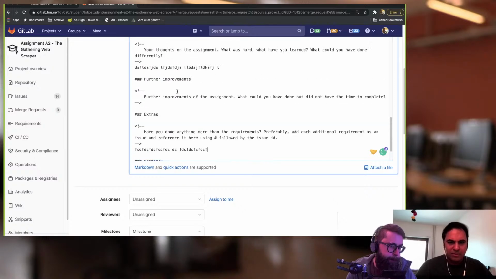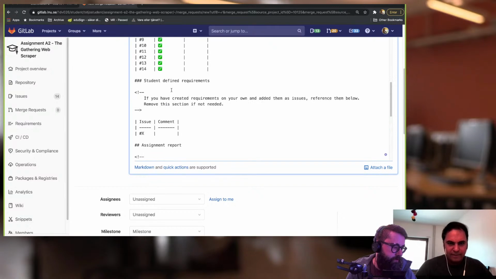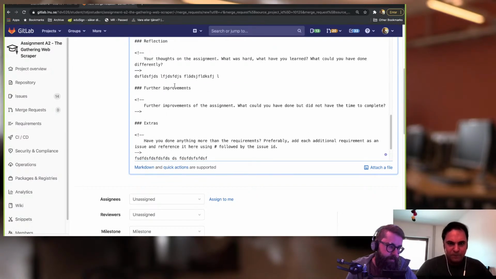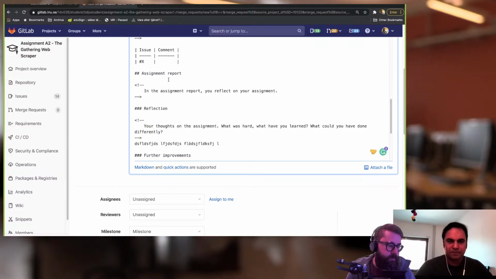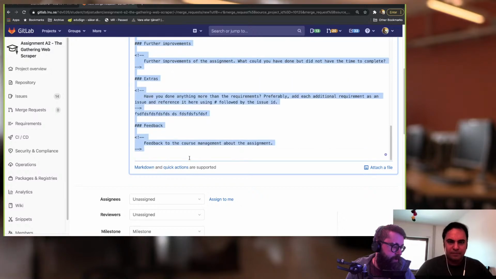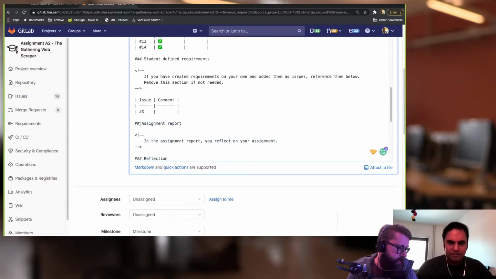So what about if I attach a file? Of course you could, if you don't want to write it here. I mean, that's basically up to you, Francis. Okay. So if you as a student don't want to add it here, then you could actually just remove this and make sure that you have a clickable link to the document, so that we find that inside of the assignment report. Actually, leave the assignment report part and then add